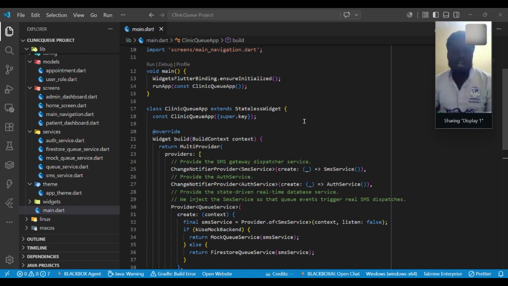In conclusion, I would like to say ClinicQueue is a smart digital queue management system, and it reduces waiting time. It improves communication with patients, and is designed to go from a classroom project into a real hospital solution that will help us. This brings us to the end of